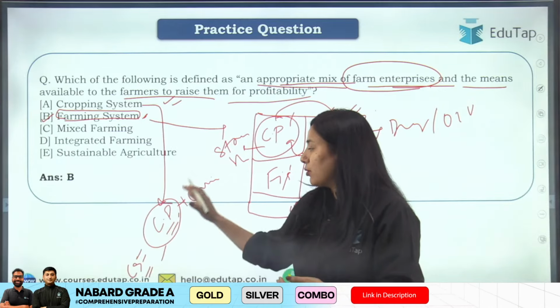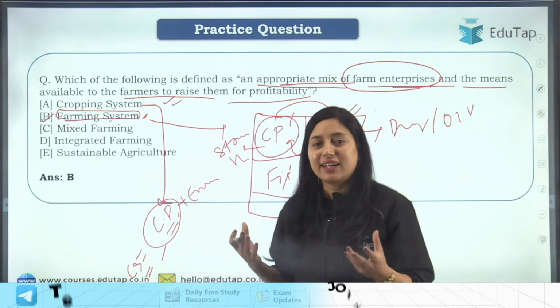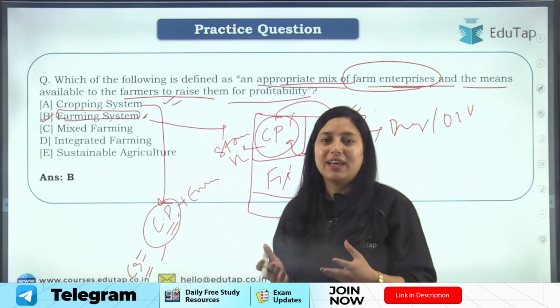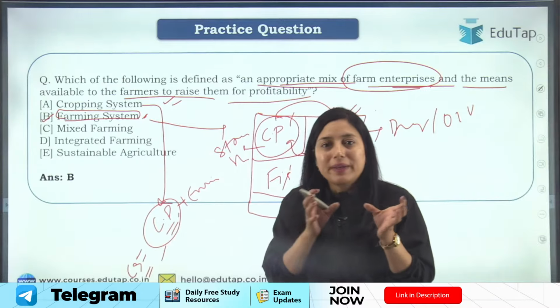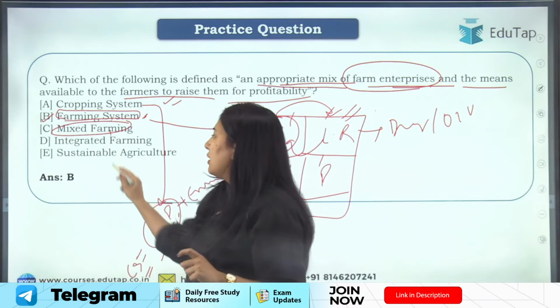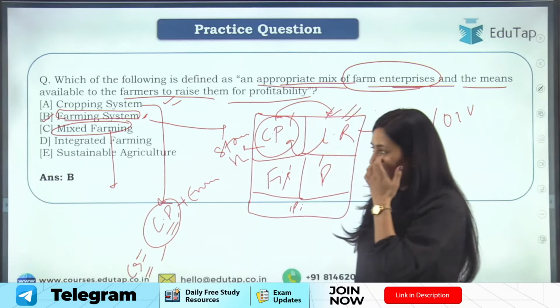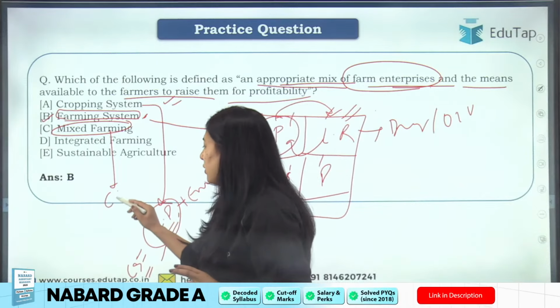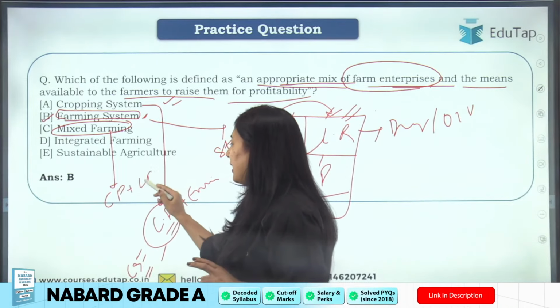ठीक है, जब हम क्रॉपिंग पैटर्न और वो कैसे इंटरैक्ट कर रहा है अपने सराउंडिंग से, अपने एनवायरमेंट से, या रिसोर्सेज जो अवेलेबल है उसको पढ़ते हैं, दैट इज क्रॉपिंग सिस्टम. ठीक है, सो दैट इज क्रॉपिंग सिस्टम. What is mixed farming? Now students, mixed farming is when we are mixing two enterprises like crop production and livestock rearing is mixed.